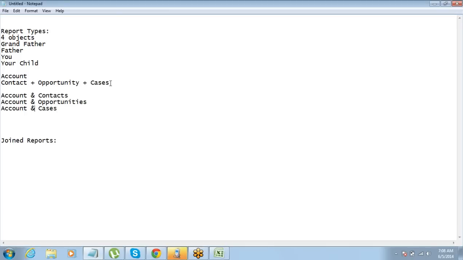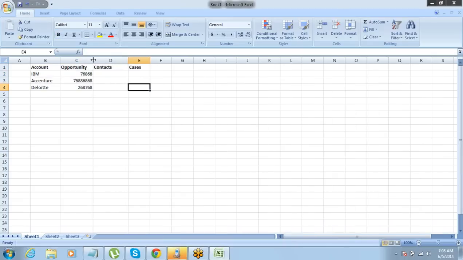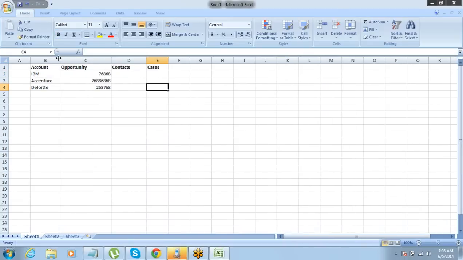Now what I need to do, if I need to create a report like this, where I want to create a report... Jeet, like this, I have a doubt. Tell me. I mean, for anything we will create an account first. Will there be any object which is not a child of account? I mean, in this example, will there be any object which we cannot do reporting on because it's not a child of account?